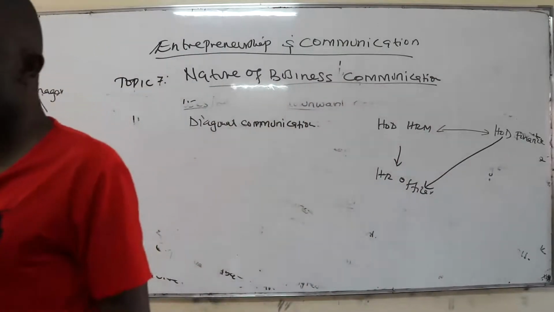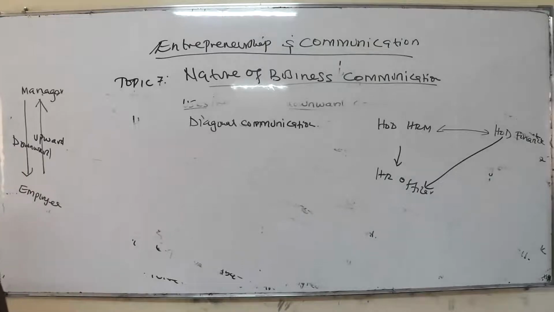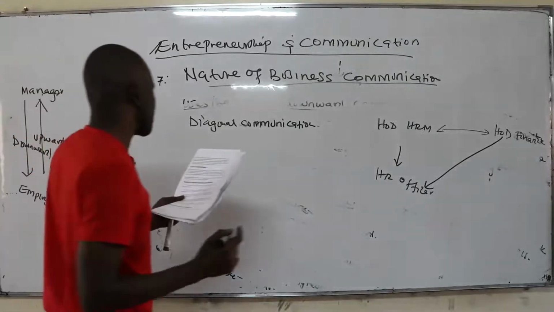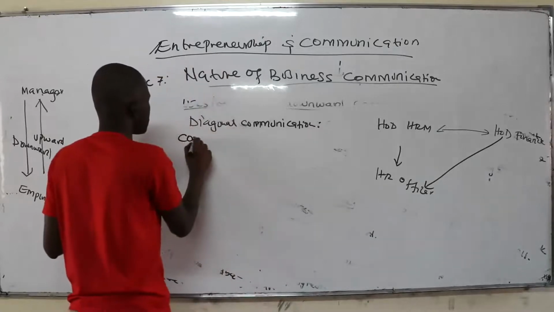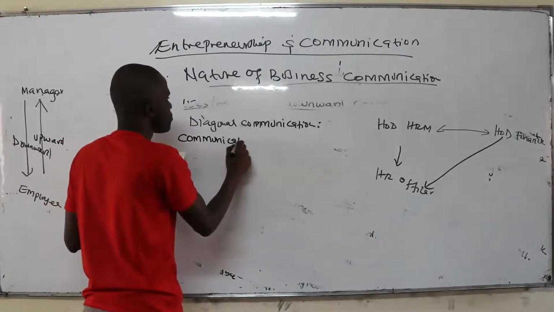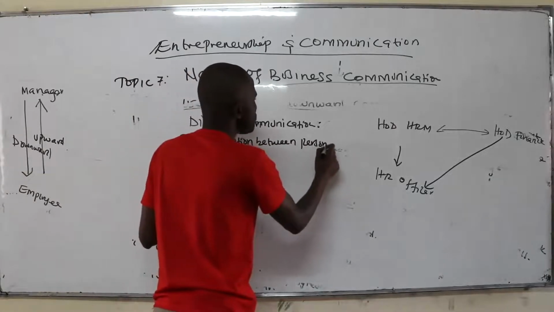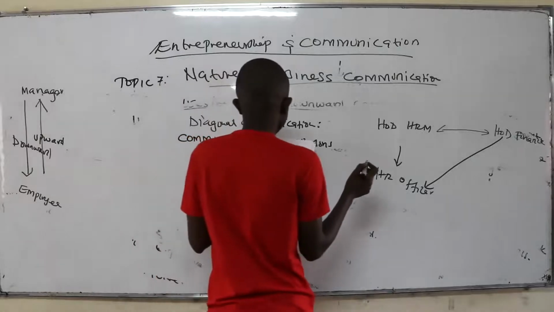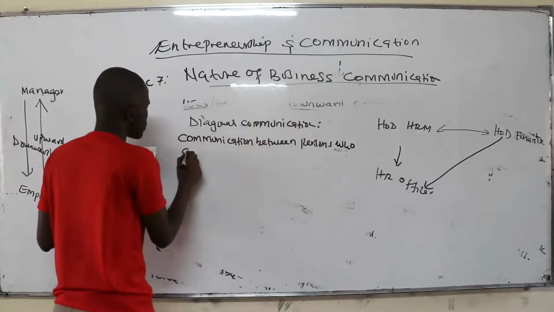You know, they are not in the same level. Okay, they are not in the same level, and yet they are not in the same department. Is that clear? So that is what now we call diagonal communication. And therefore, we're going to write: communication between people, between persons who are not in the same department,